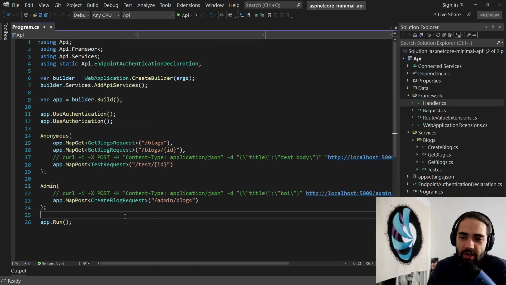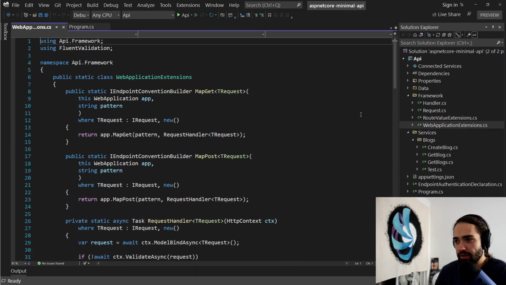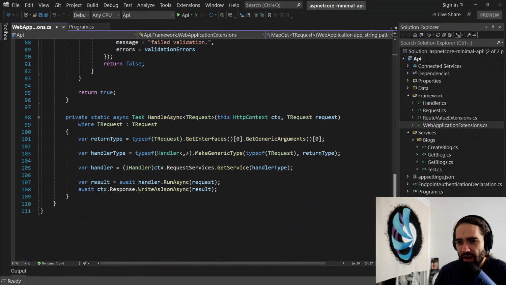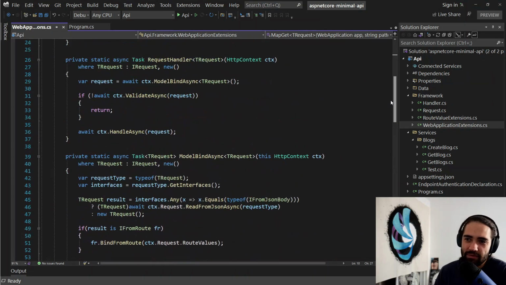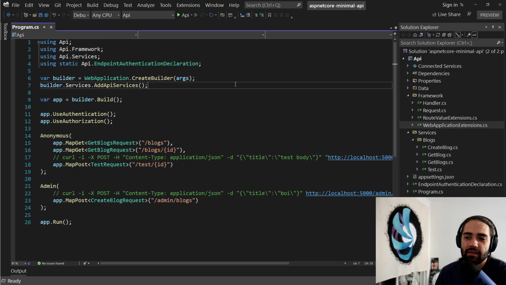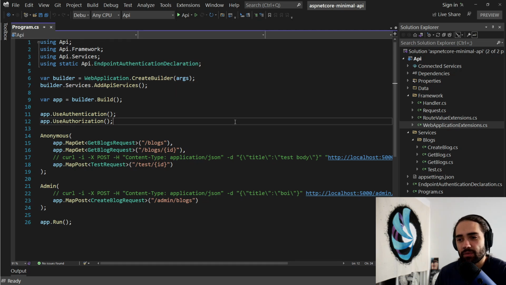There may be a question of performance, so let's take a look at this. We're using reflection, type checking all over the place, and you must be thinking this impacts performance. I'm going to say this doesn't impact performance enough, and I've seen Nick Chapsa's test performances with this, and I basically copied from his video because I thought, well, I am using a lot of reflection, this must impact performance, so I'm just going to do what Nick Chapsa did, and I'm going to use nbomber to test the performance of this